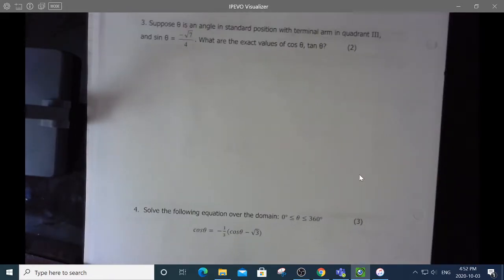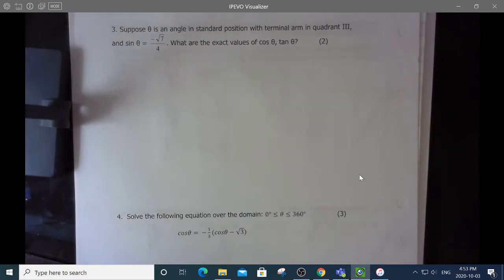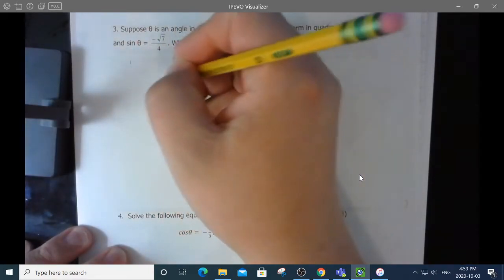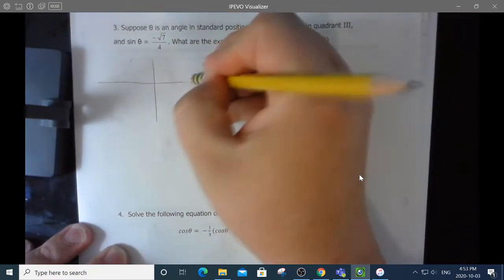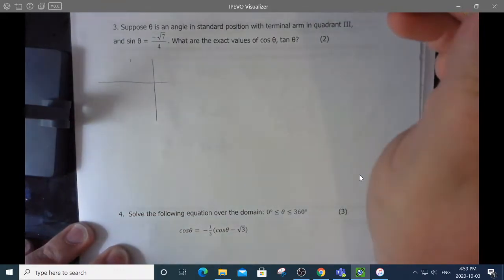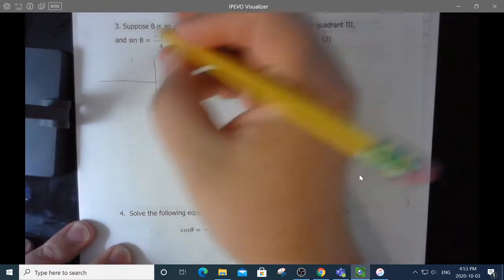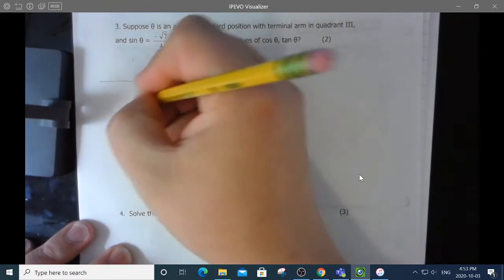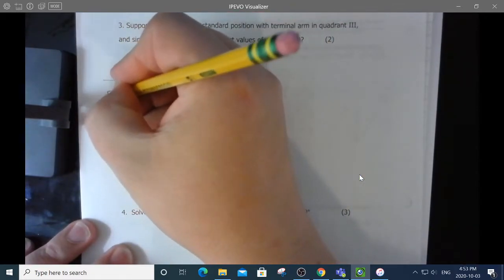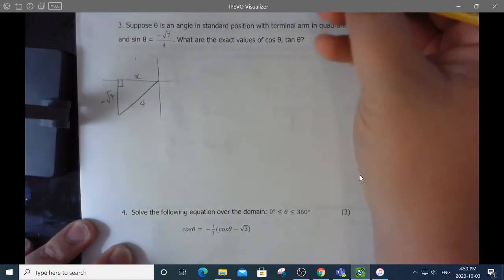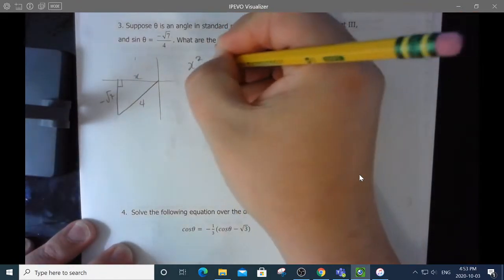Oh, number 3. Suppose theta is an angle in standard position with a terminal arm in quadrant 3. Okay, well, quadrant 3, let's draw that. That's over here. And sine is negative root 7 over 4, so sine is opposite over hypotenuse, so I have a hypotenuse of 4 and an opposite side of negative root 7. So I need to know what the distance is to this x so that I can find cosine. So x squared would equal